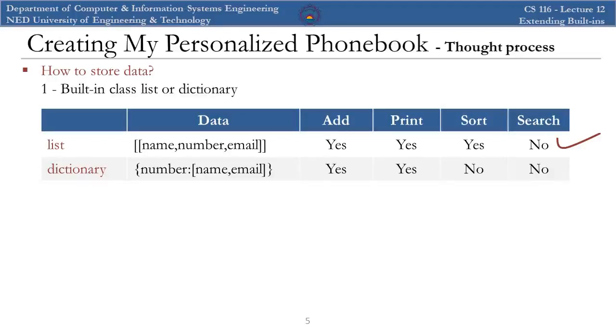Okay, this is the first approach, where we just use some built-in class and write all the code in the main module. The second option is, since now we know how to define classes, we can create a class for this phone book. So that's the second option. And when we do this, we'll see we'll have to use this list class internally as well to store data records. So the third option, which is going to be the best one,